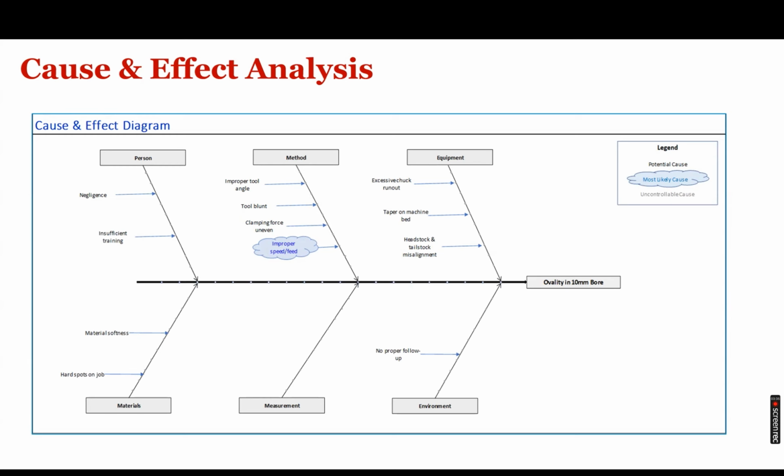But now the situation is changing, and every organization is resorting to a unique way of categorizing the root causes. But all the cause and effect root causes are high level root causes, like, under person, negligence and insufficient training. Why are people insufficiently trained? Why are people negligent? That has to be understood first. If that is not understood, how can we go for an improvement?